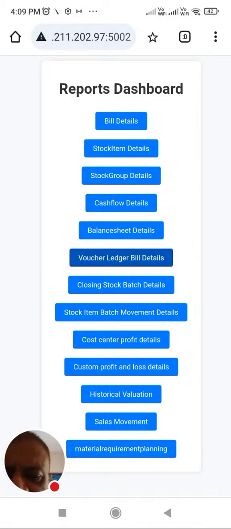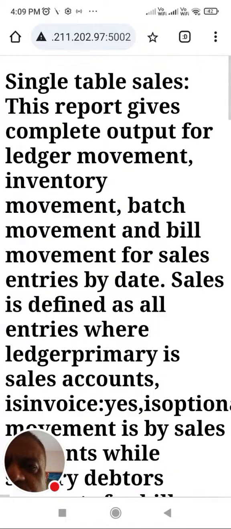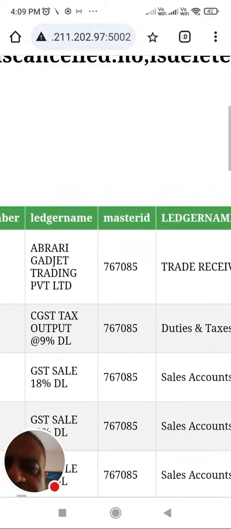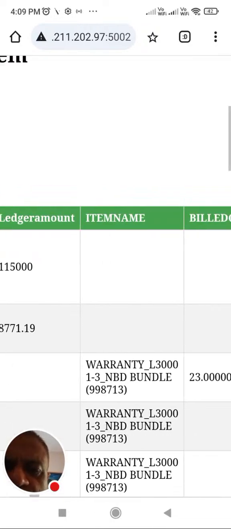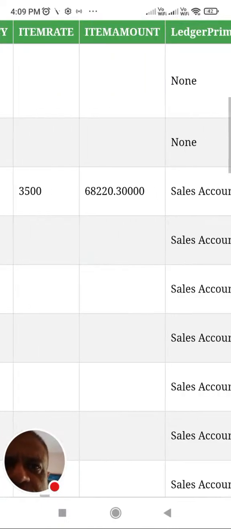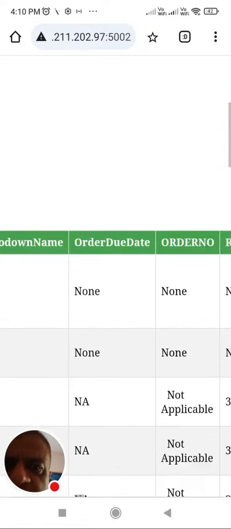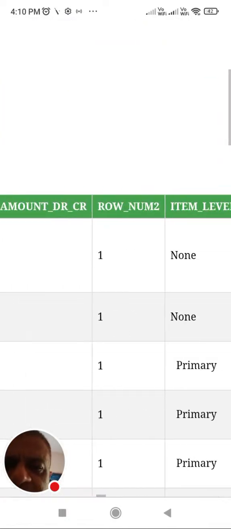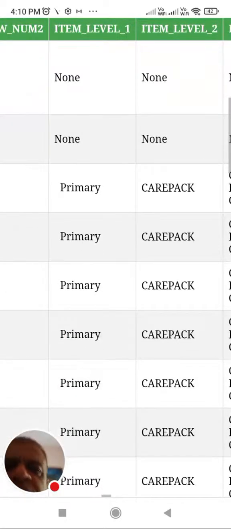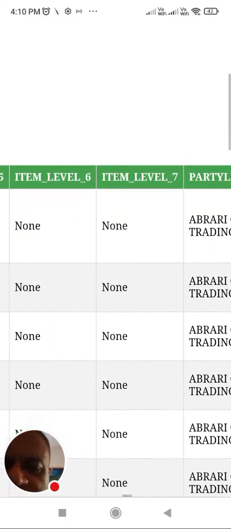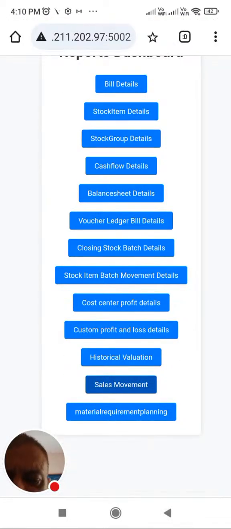Then another one which we believe could be useful is comprehensive sales movement analysis, right? On which date, for which customer, by which voucher type, and which ledger, how much was sold, which items were sold, which batch was sold. Then what is the order due date, and based on that particular batch, how much is the bill amount and when it has to be paid. So each customer-wise complete item as well as bill movement history can be put on the portal in a single table. So these are just three sample cases